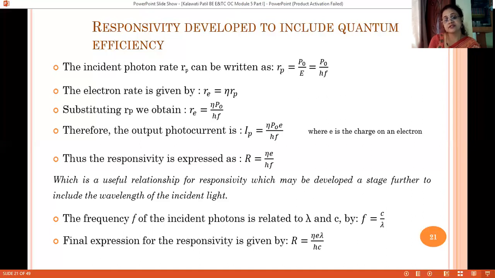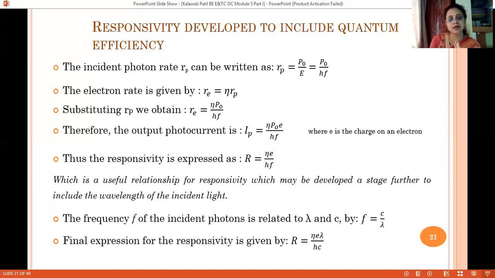What is the responsivity dependent on? As I said, responsivity is the transfer characteristic: how much output I get for the falling input. From the right-hand side expression, you can see it increases linearly with increasing operating wavelength for a given quantum efficiency. The other parameters like electron charge, h and c are universal constants.